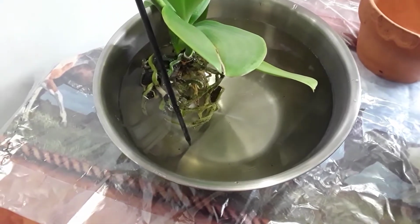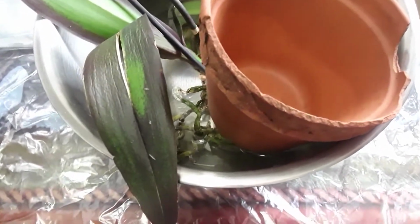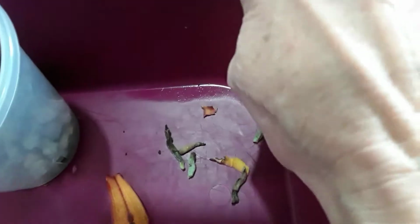So they're hydrating now, and I've taken the leaves off. And on this one here, she's anchored into that bowl with this terracotta pot. And let's have a look. So those were the dead leaves. And out of this one here,